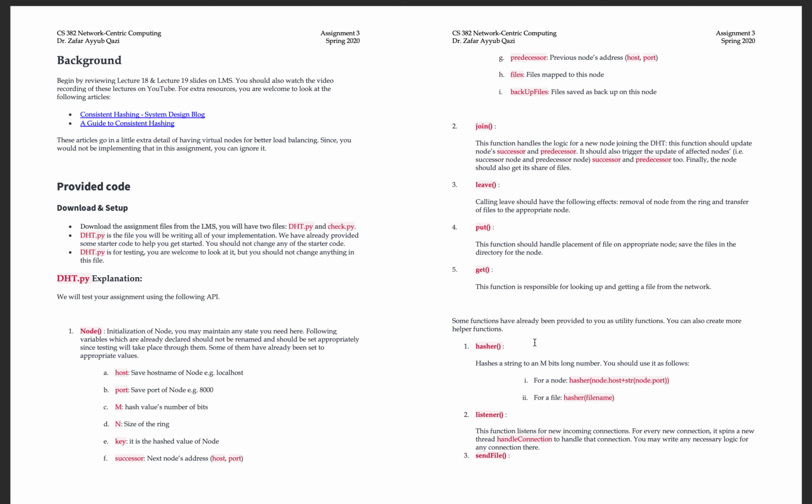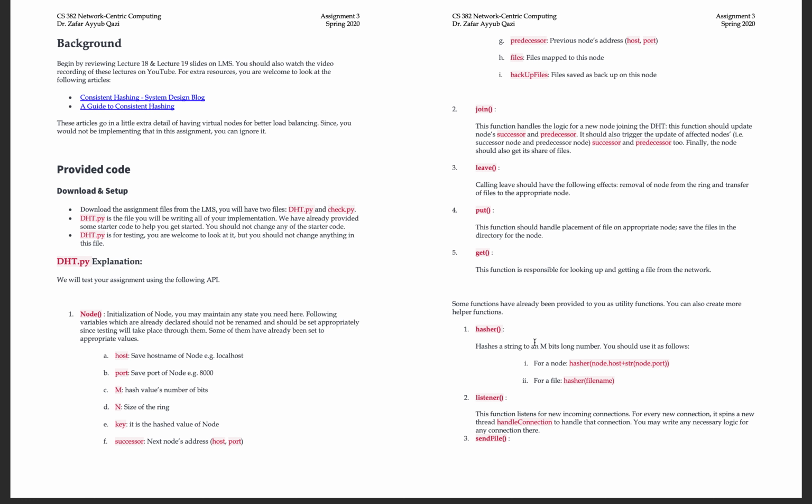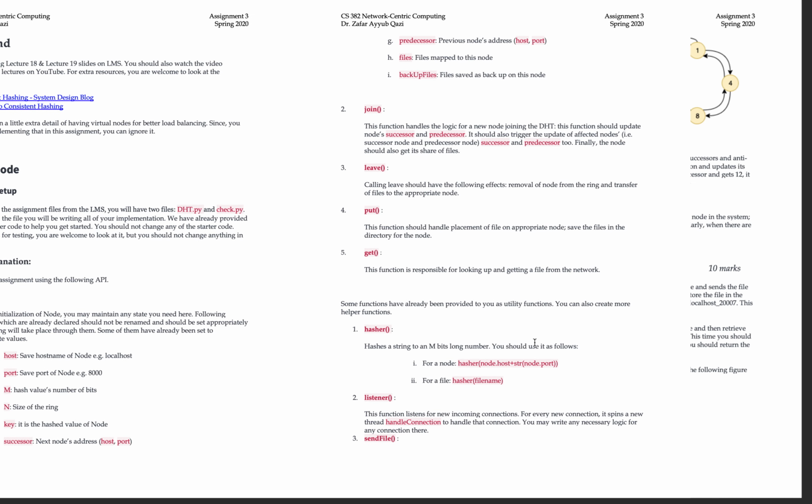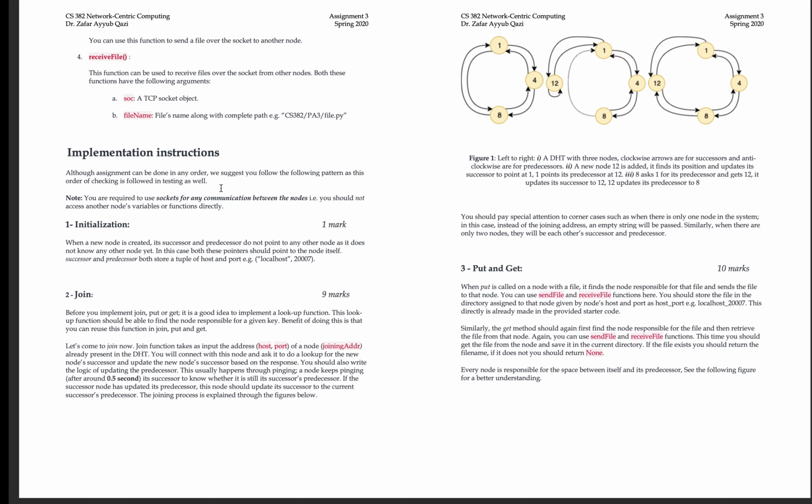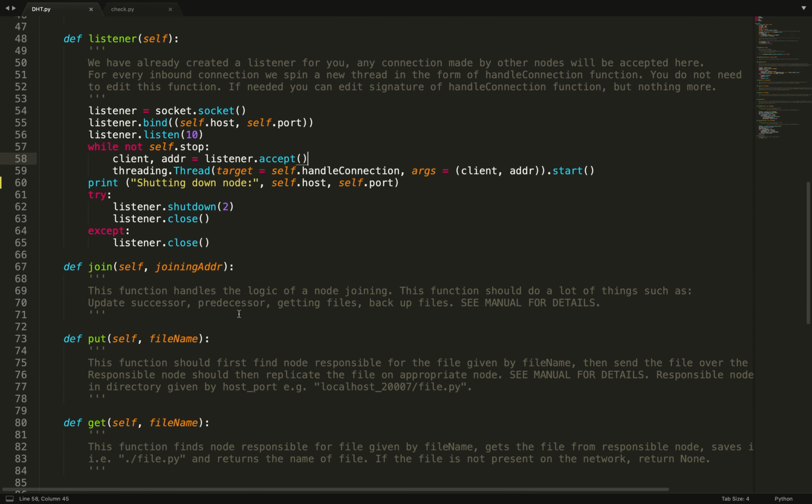Okay, we've also given you two more utility functions, send file and receive file. Since in this DHT based system you'll be implementing a system for sharing actual files between nodes, you're going to need these functions.